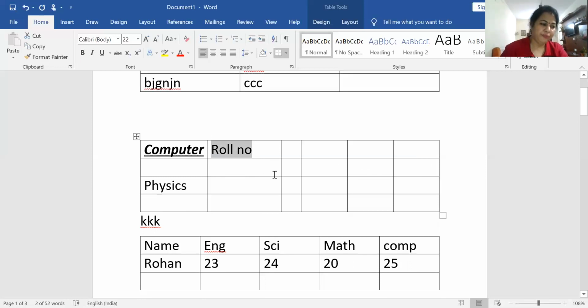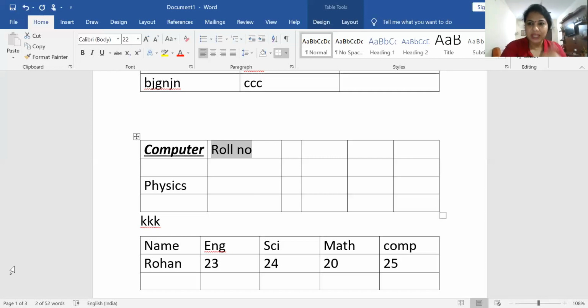Okay, now if it is a paragraph, triple click on the paragraph. That's the normal document. When you are typing text, how do you select a particular word? Double click on the word. A sentence, control and click anywhere in the sentence, or click and drag with left and right. Okay, same way you can select with up and down. And for a whole paragraph, triple click on the side of the paragraph. Okay, in such a way you can select the text or whatever data is inside the table also.